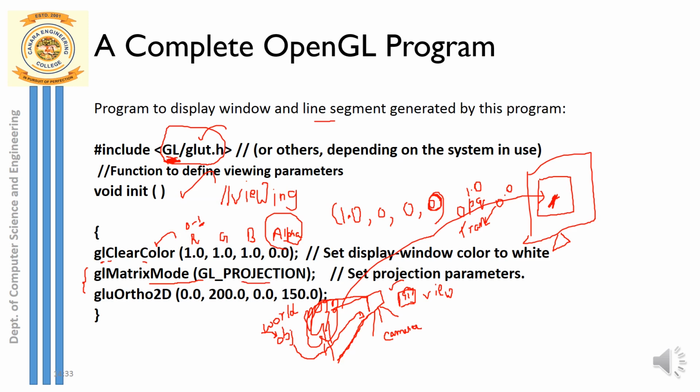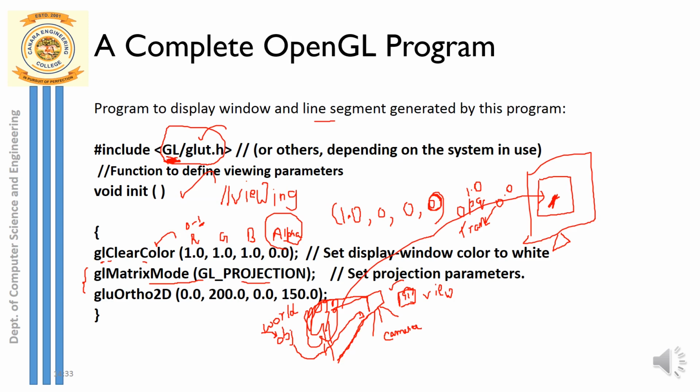This projection is something I set using an OpenGL function called matrix mode. This projection is actually a matrix with rows and columns. It's nothing but representing the x coordinate, y coordinate and z coordinate, right? So the mapping of world coordinate to screen coordinate, computer screen coordinate or display window coordinate is called projection. Without this mapping, you will never get the image of the object appearing on the screen.